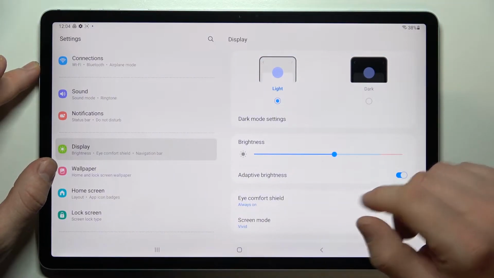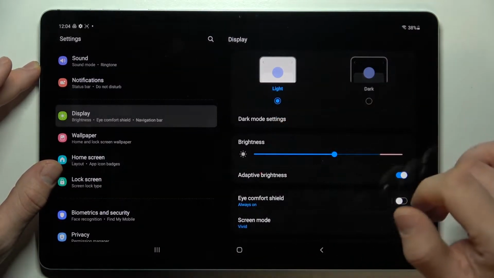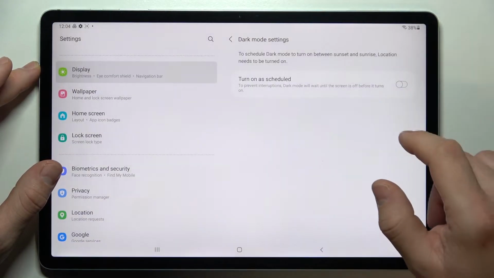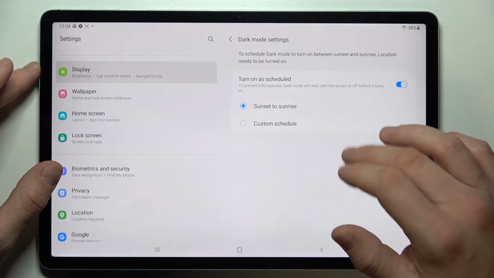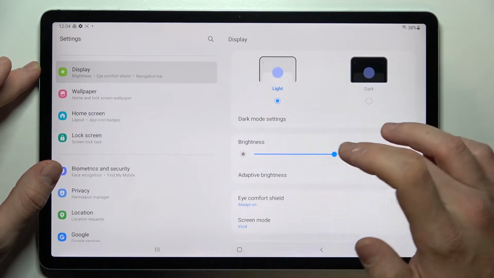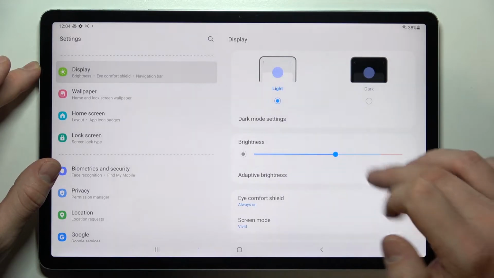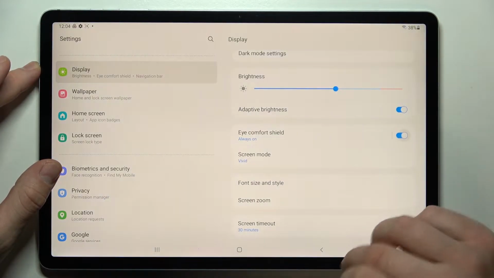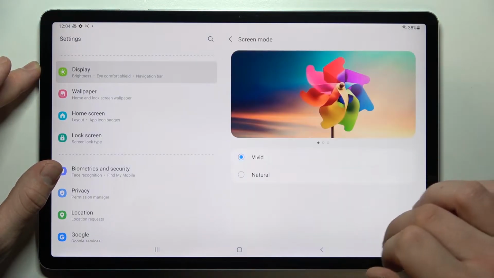Let's start with the top of the list, where you can change between light and dark mode and change dark mode settings. For example, you can turn on as scheduled. Then we've got brightness level and adaptive brightness. Next we can enable and disable eye comfort shield, change screen mode,